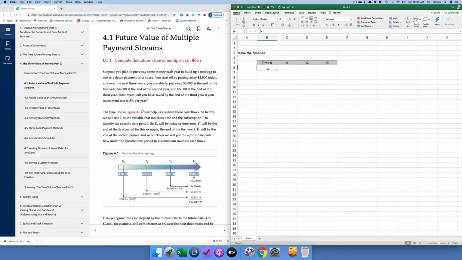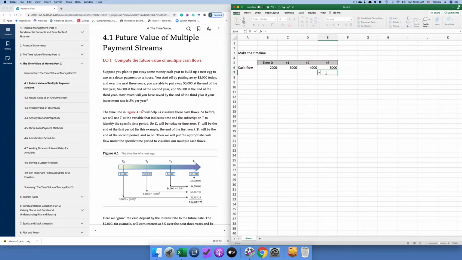Okay, now, right, at time 0 today, we had a cash flow of 2,000. And in T1 it was 3,000. At the end of the second year it was 4,000. At the end of the third year it was 5,000. Okay, so what we want to do is move all of these cash flows up to the end of year 3. So at year 3, right, we have this $5,000, and then we're growing this,